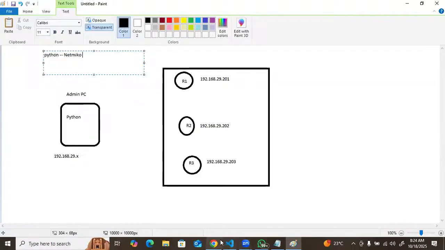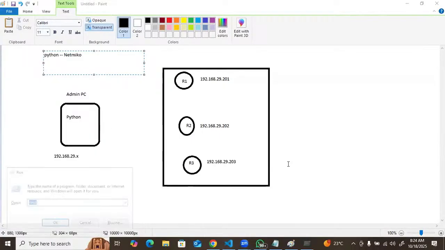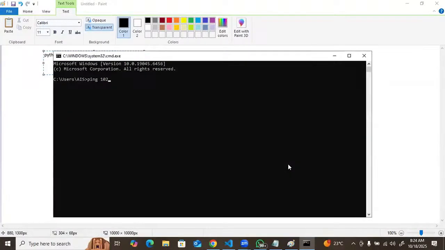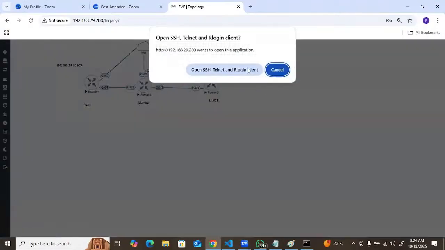So first of all, I just need to check from my PC, am I able to ping those devices? So ping 192.168.29.201. I'm not able to ping. I believe the interface is shut down right now. Just let me do no shut.